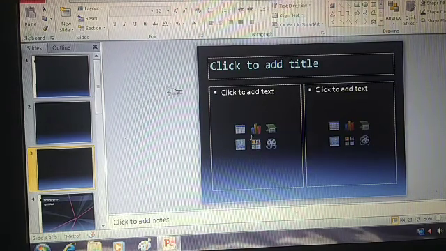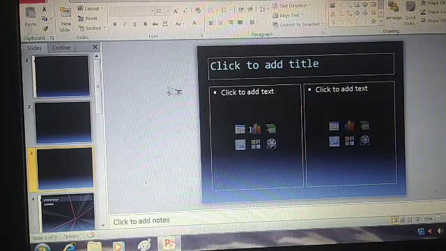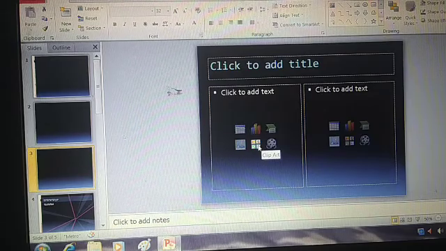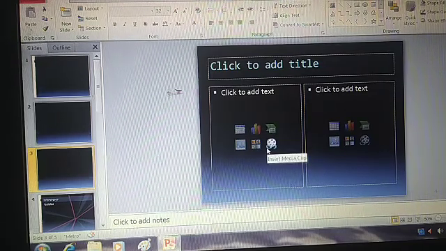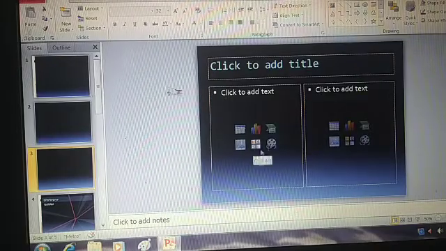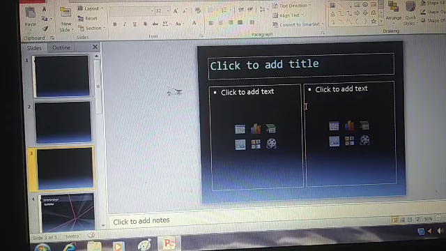Add whatever you want: chart, table, picture or video, clip art, SmartArt, whatever you want in your presentation. So you can add it through this themes option. Clear?